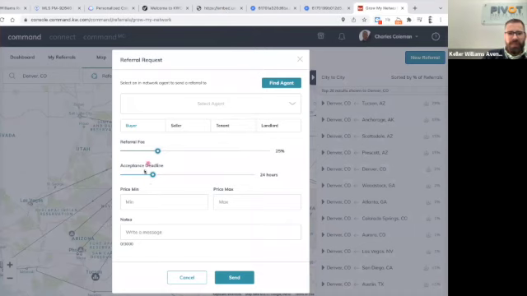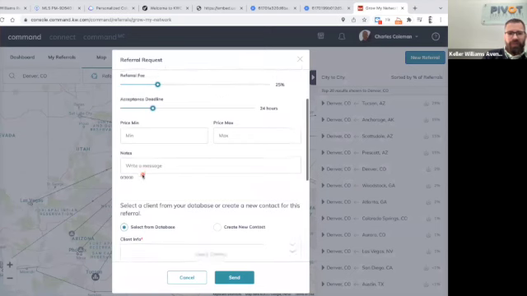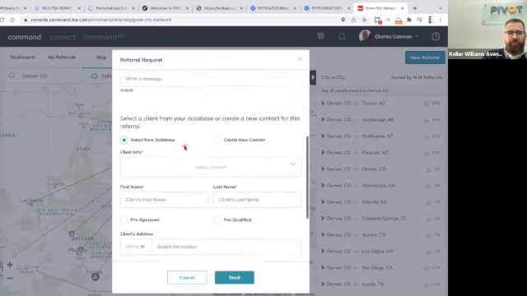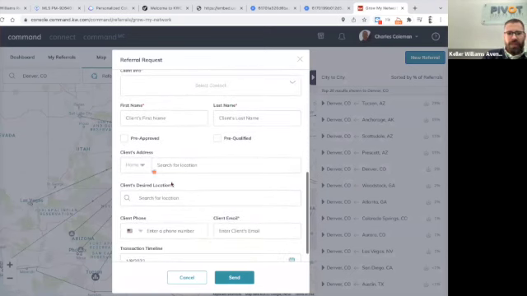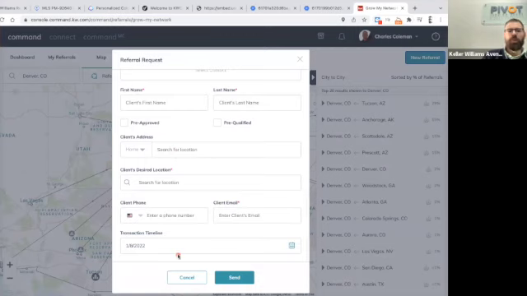We can accept a deadline. We can put the price that they're doing. We can put any notes. We can put the client's information, all the stuff in, and truly we can send it out. And what this does is anyone in that area would collect it if we were going to do it this way, right? I'm not saying this is the only way to do it. I'm not saying this is the best way to do it. And if you just wanted to send a blind referral out